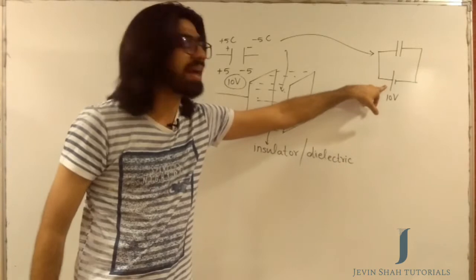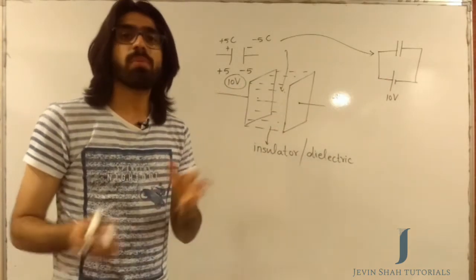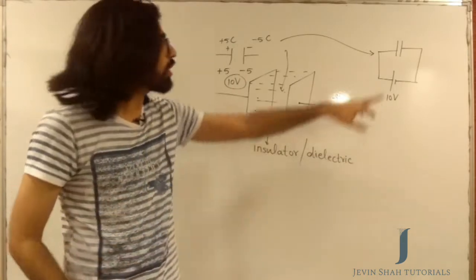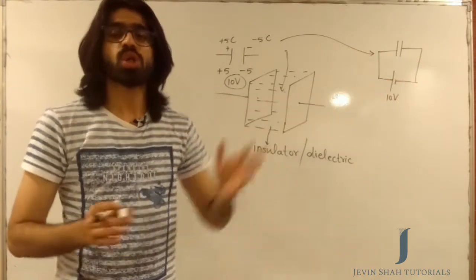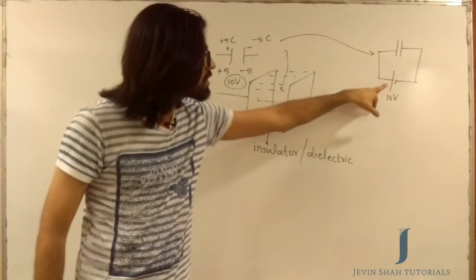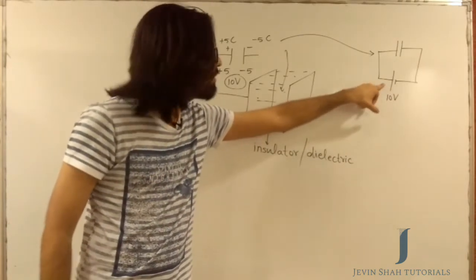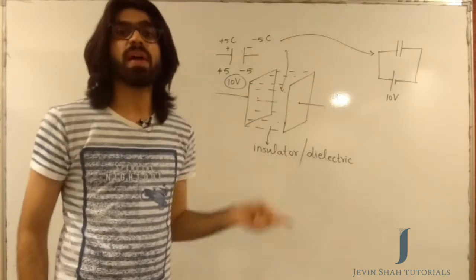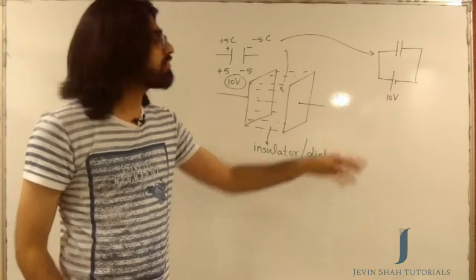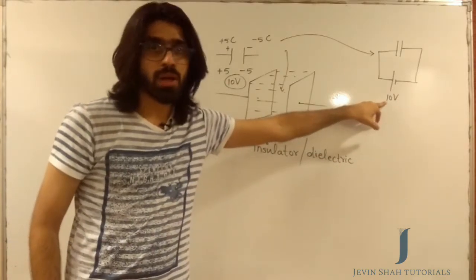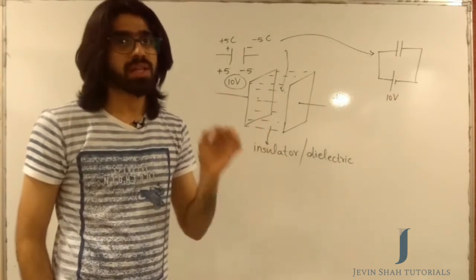So if I am connecting a battery of 25 volt, the potential difference generated between the plates will be 25 volt, with one of the plates being plus 12.5 and the other plate being minus 12.5. So all in all, whatever is the EMF of the battery, that EMF will be the potential difference of the capacitor when it gets charged by that battery. Now think over it. If the potential difference of the battery is higher, the charge that you are going to deposit on the plate will also be higher. Think about it, it's very logical.